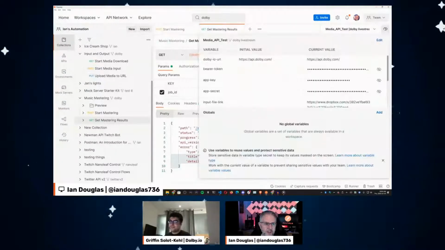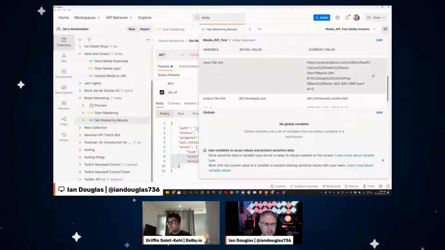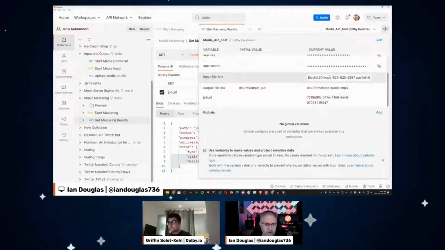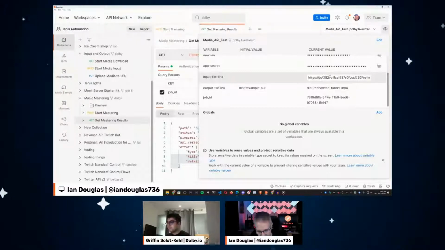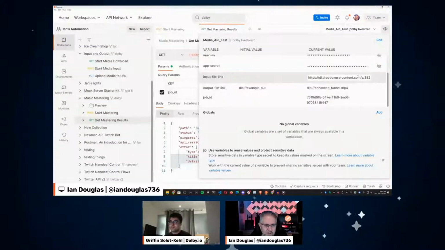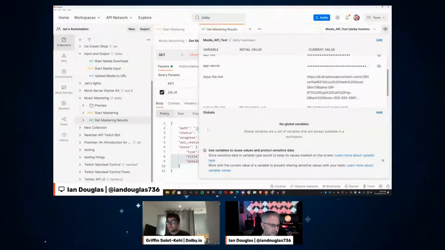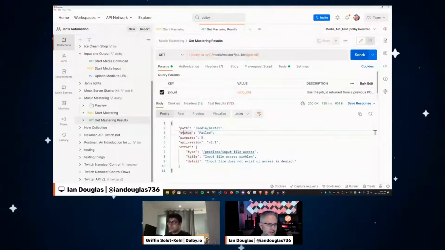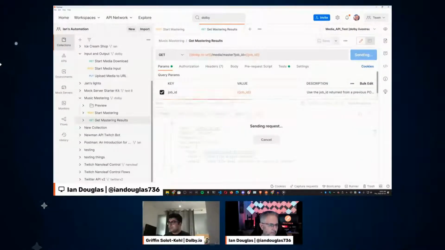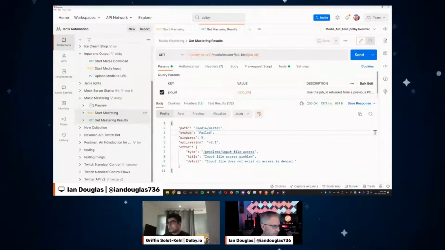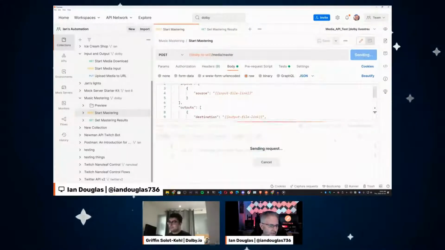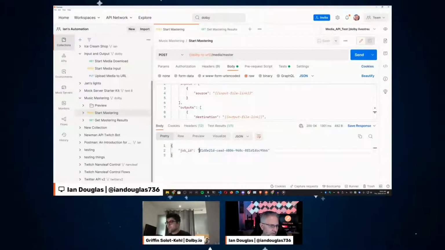Okay, well, let's go do that in our environment then. So we're going to go over here and modify the input file link. I'm going to take that DL0 off the end as well, and we're going to change Dropbox.com to be dl.dropboxusercontent.com. Save that. Okay, so we'll send that over. We're gonna have to do the post, actually. All right, so send that over. All right, so we got a new job ID,